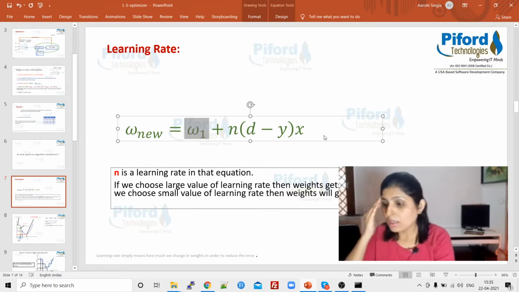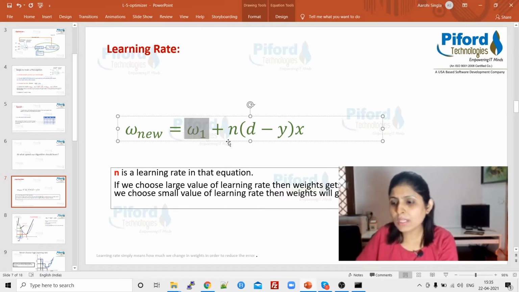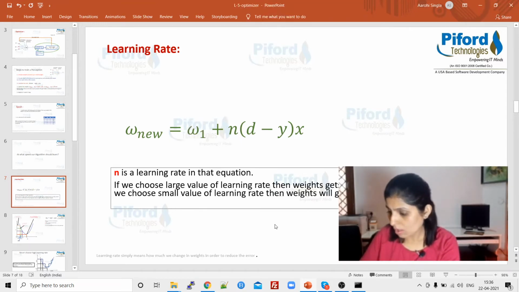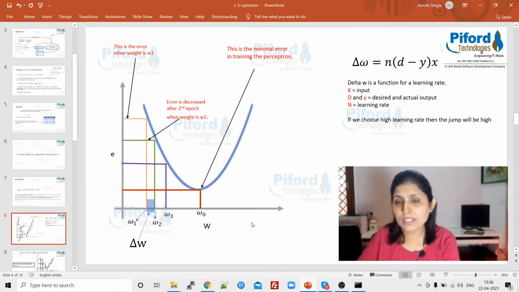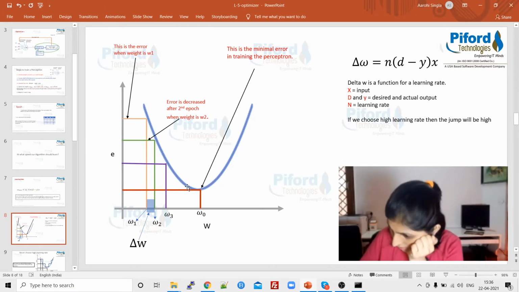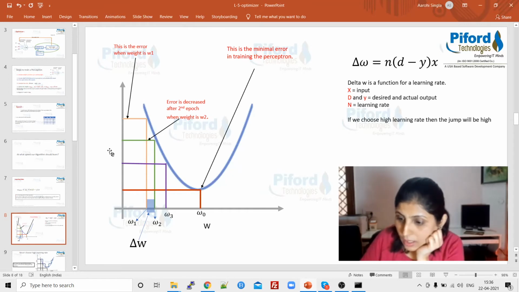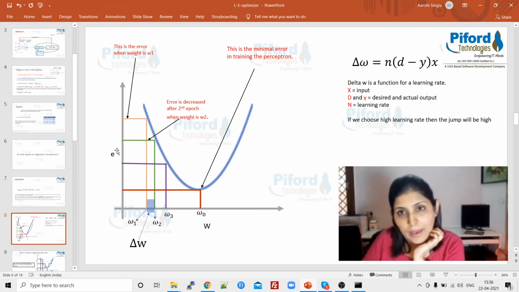All right, so let me tell you in a more detailed way what I mean to say, at what speed we want to change the weight values, right? Let's discuss this in more detail now. So consider this image. This is the x-axis and this is the y-axis. Okay, so on the x-axis over here we have weight values, and on the y-axis E means error.